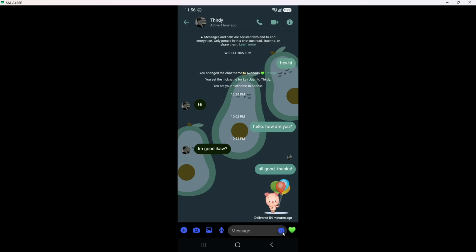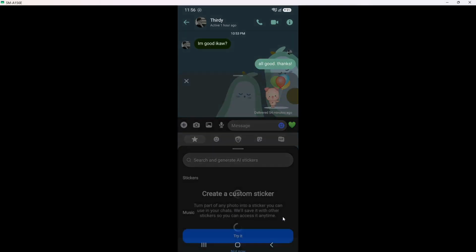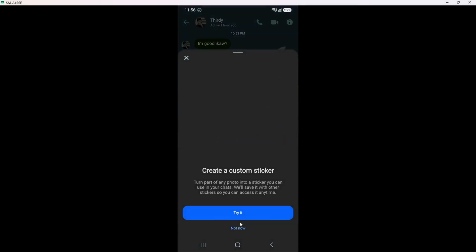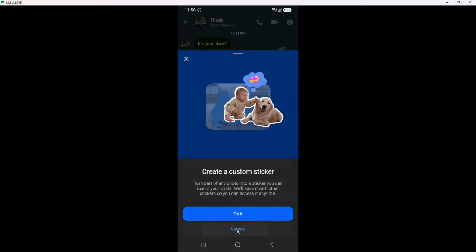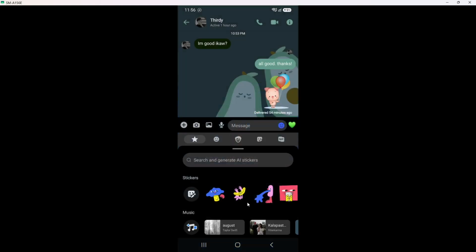Next, tap the smiley face or sticker icon beside the message box. This icon usually sits directly to the left of where you type your message, and it may look like a simple smiley face or a little sticker symbol. When you tap it, the bottom part of the screen changes. The keyboard may slide down, and a panel appears with different options for expressive content. This lets you switch from typing words to sending visual items.